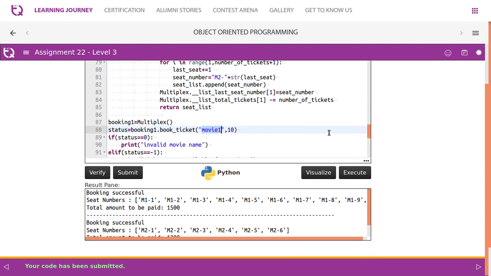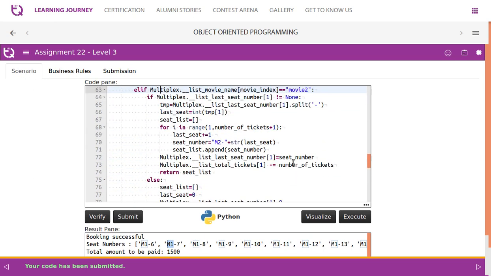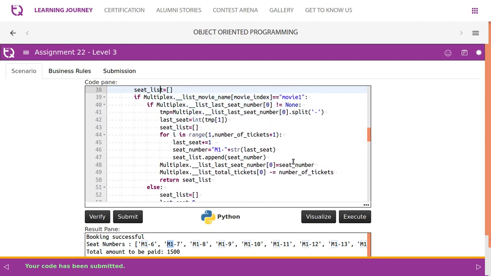If the last seat number is M15, then it has to give us tickets from M16: M16, M17, like this. So go through the code for generating the seat number, any one section for movie 1 or movie 2. The logic is quite simple.